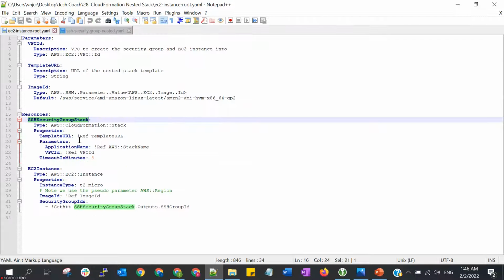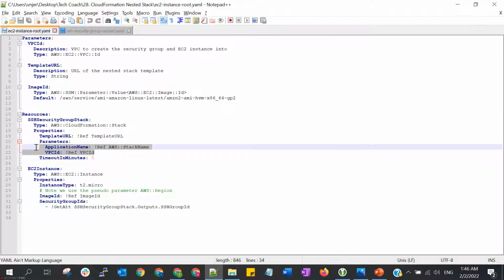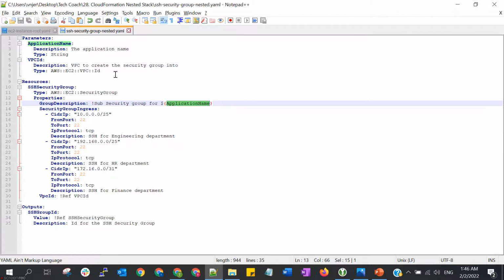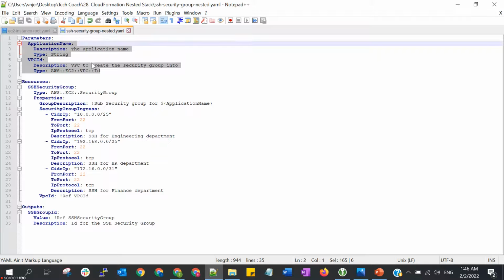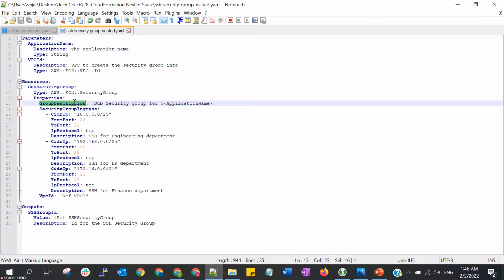Just now we passed two parameters to this child stack, application name and VPC ID. So these go here to the parameters of the nested stack, and then the parameter is used to create the group description, and the VPC ID is also used to create this resource.